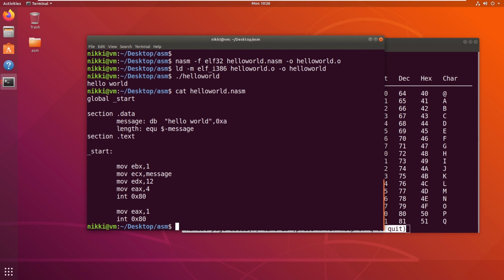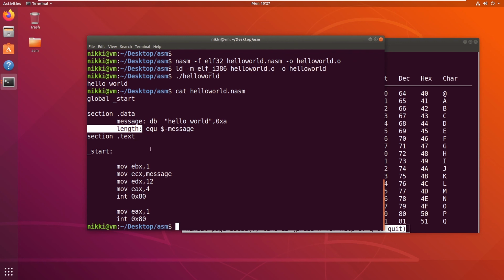And the next one is the length variable, and that value equals the current instruction's address minus the message address, which gives the actual length of the message. So if it occupies 12 bytes, the message would be 0 and the length will be 12.